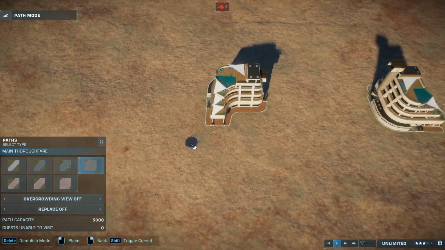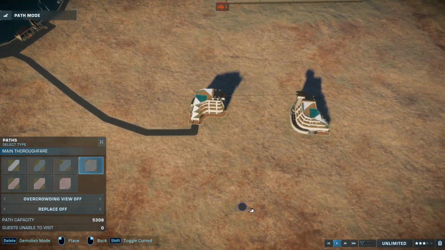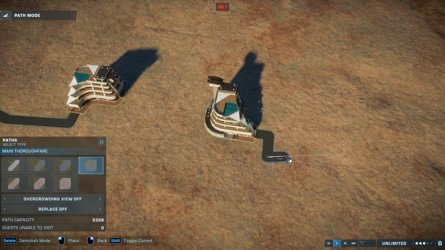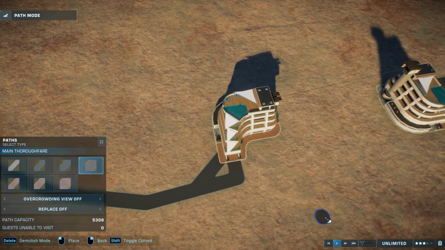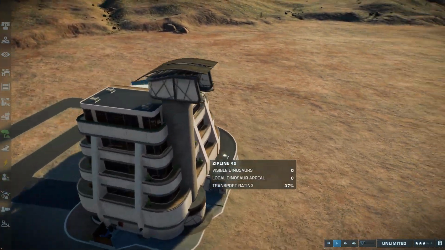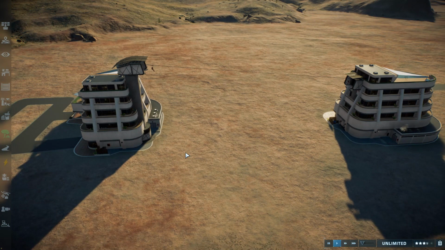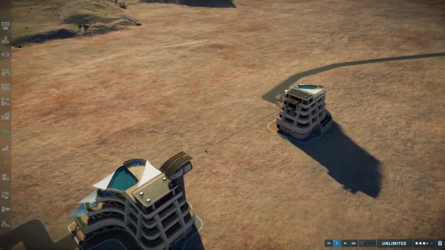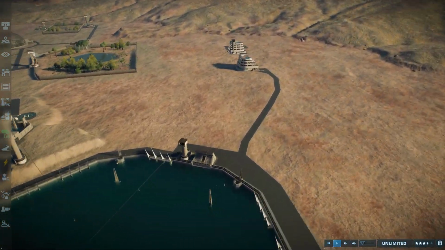So there's another possibility there, connecting two hotels together. Obviously you have to connect the pieces together to the path to make it work, but there we go. Another possibility, using it as a way of connecting hotels to one another in a more enjoyable fashion. I think that's going to be one of the most used things to do with zip wires, will be to combine them with other buildings in order to create more interesting